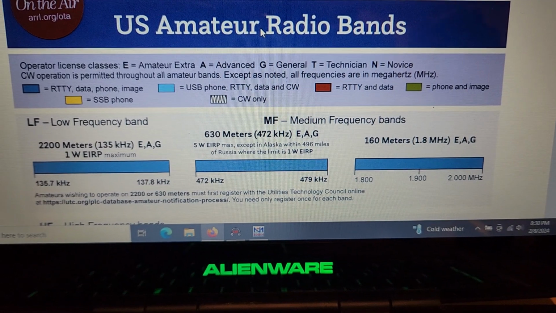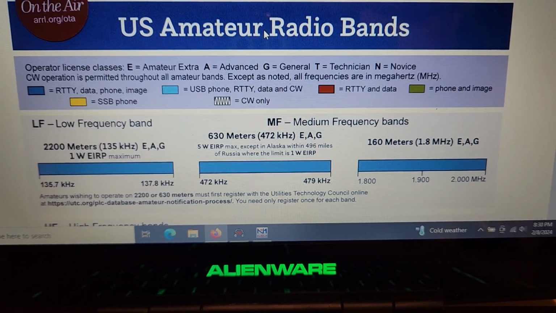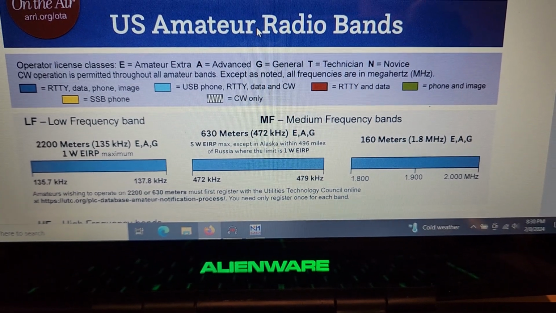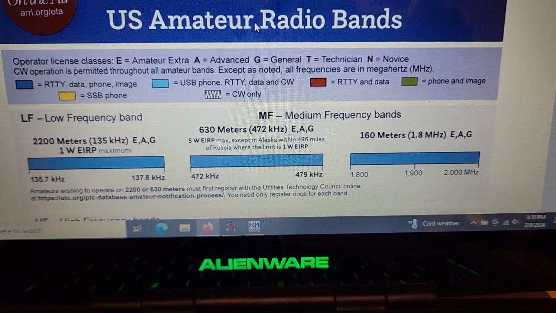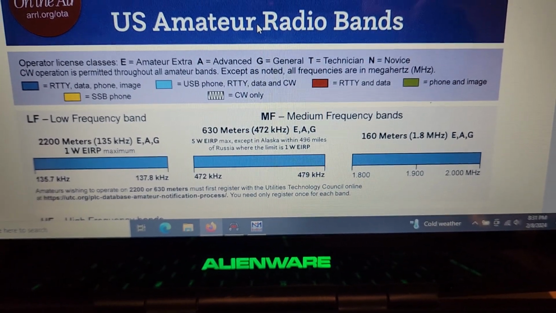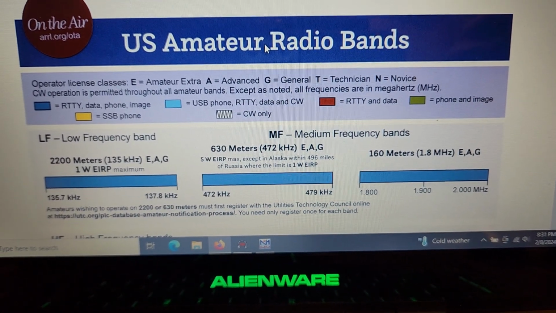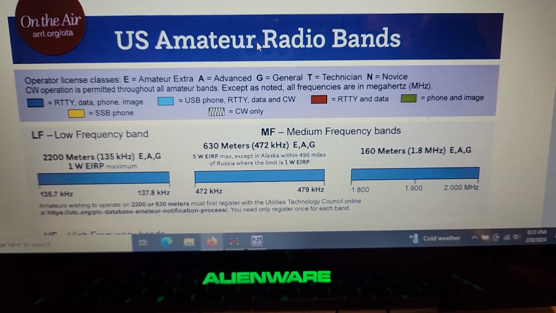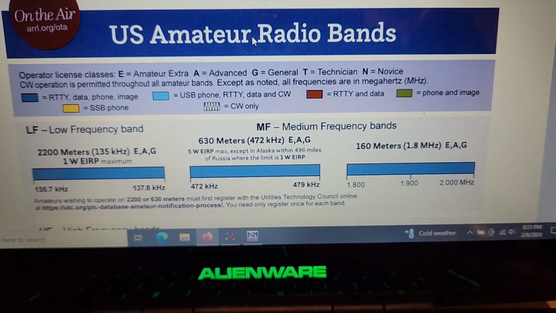But this chart gives you the exact frequencies, which some of the tests sometimes used to ask test questions about, what frequencies you could use. And this shows you where the different licenses can go. So of course you're looking for the first test, the T for technician. You can see up at the top they've got E for extra, A for advanced, G for general, T for tech,